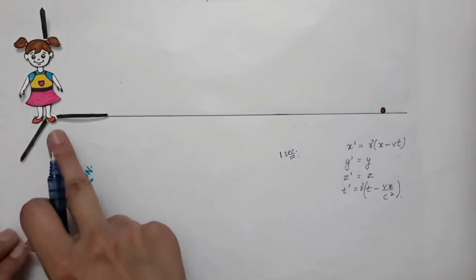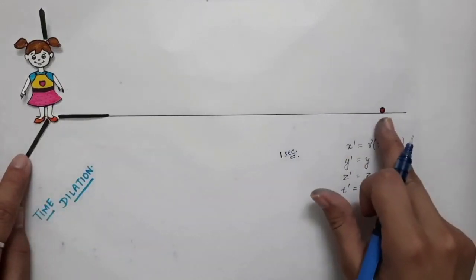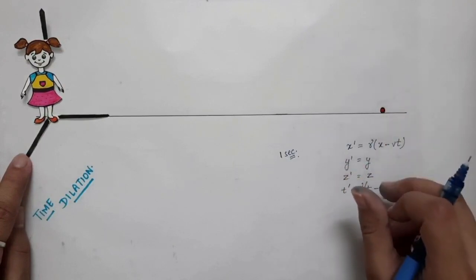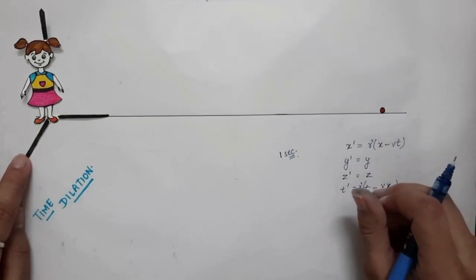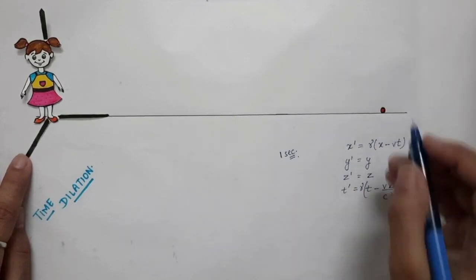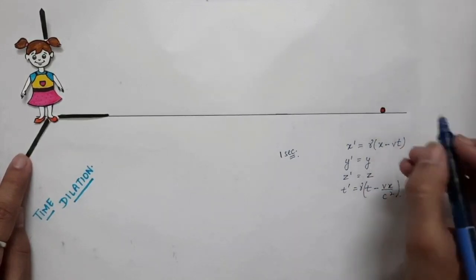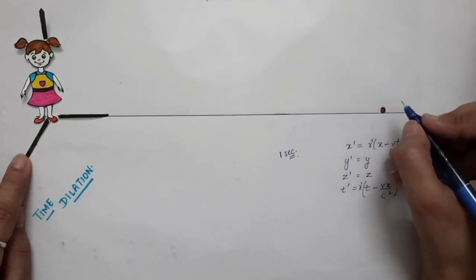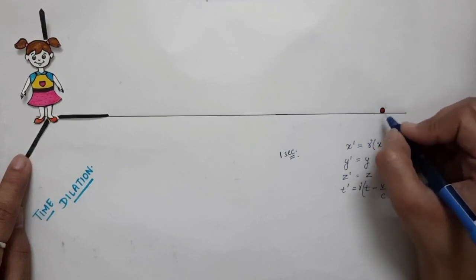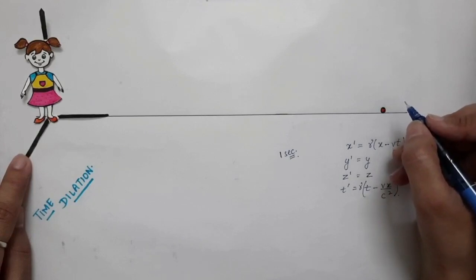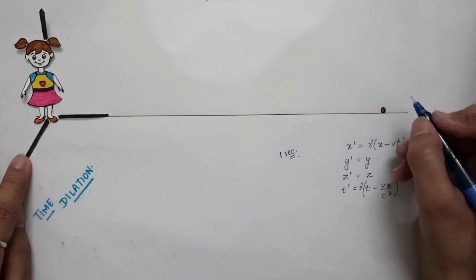Let's say this is you and this is some source, and this source is emitting photons. This is just an example that I am giving so that you understand it in a better way. Let's say there is a source continuously emitting photons. I am considering that these photons are emitted at a time interval of 1 second. With a time gap of 1 second, every photon is emitted. I am just supposing this to make you understand.